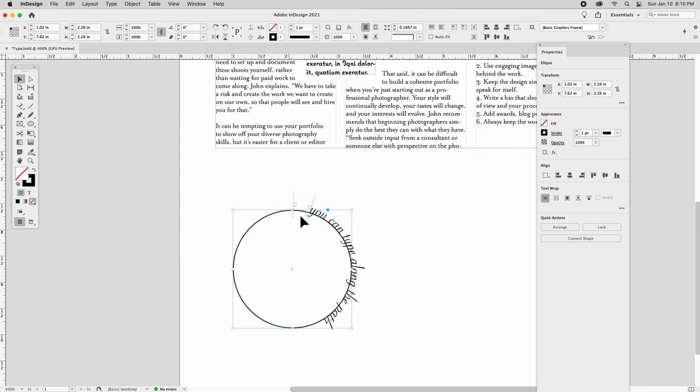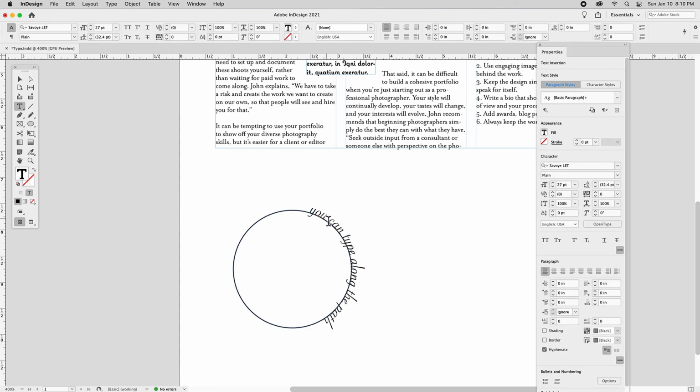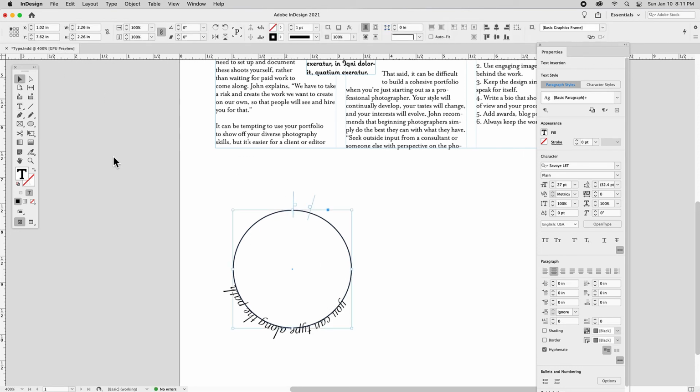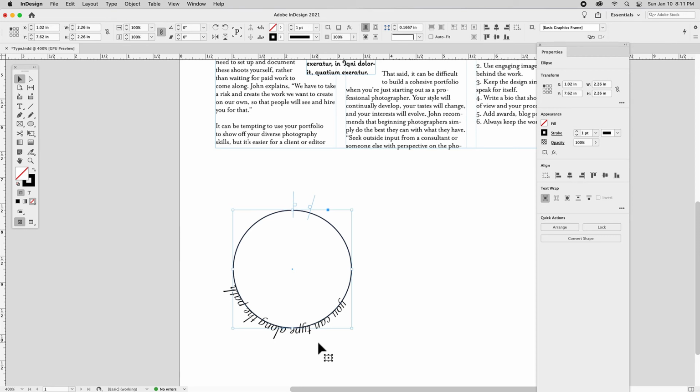Now you can also set this text so that it's centered on your path between your start and your stop. And you can just put your cursor anywhere in that type. Go to your paragraph formatting controls, either in your control bar or in your properties panel, and choose center, left, or right justified, and that will justify the entire content. Finding that little joystick halfway in between your start and your stop allows you to click on that joystick, drag the copy to the inside of the path or along the path,